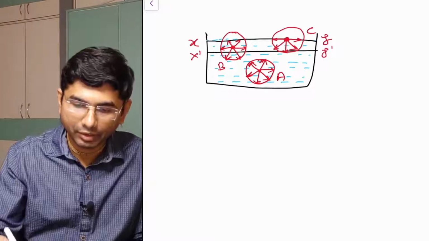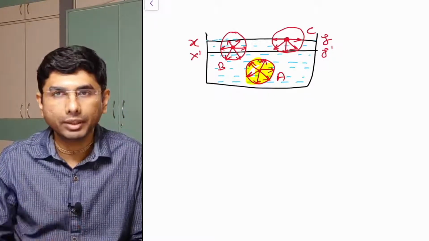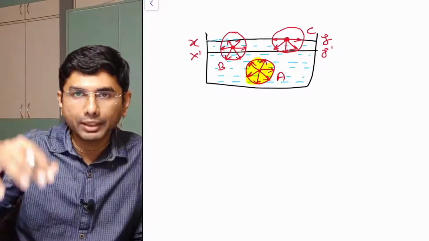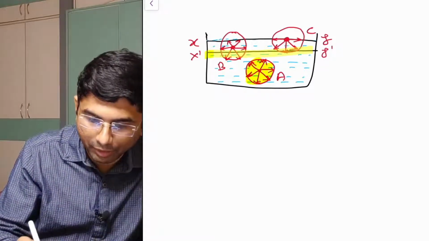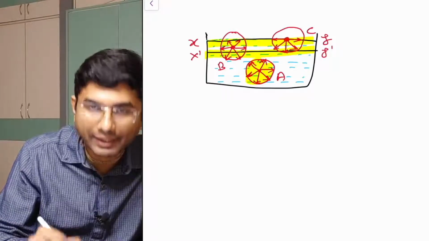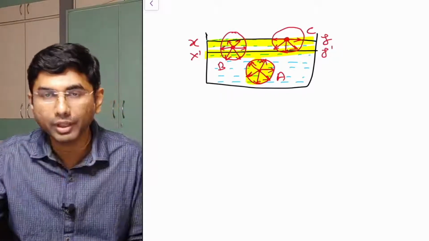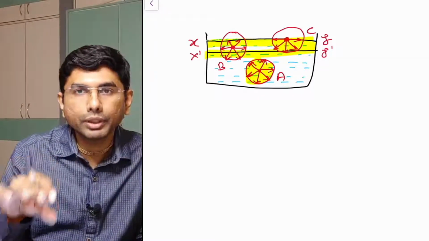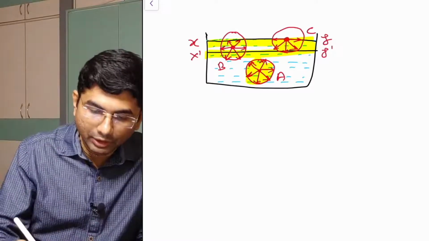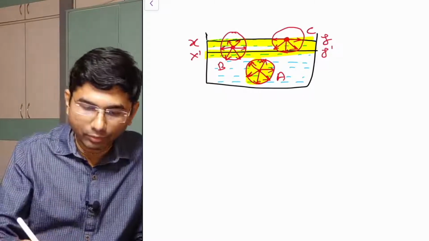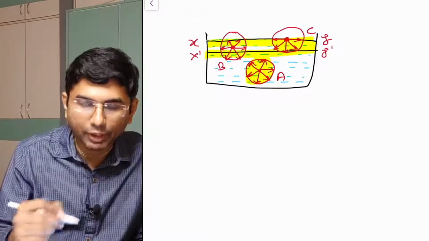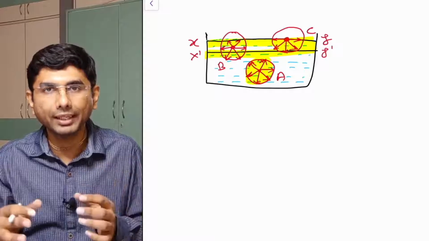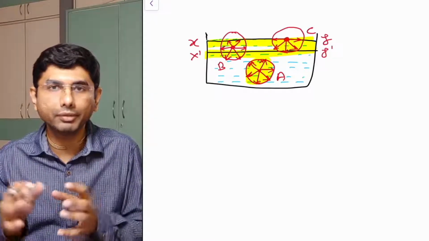Now this molecule A is completely inside the liquid, below this surface film. Now we know the surface film will be in between X and X dash and Y and Y dash. That's the surface film, which is the film with the thickness equal to the range of molecular forces. Now this is beyond the surface film, and at this point A, whatever cohesive force is acting, what is cohesive force? The force of attraction between the same material.